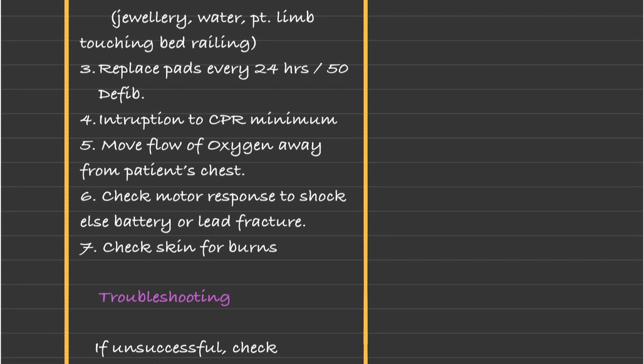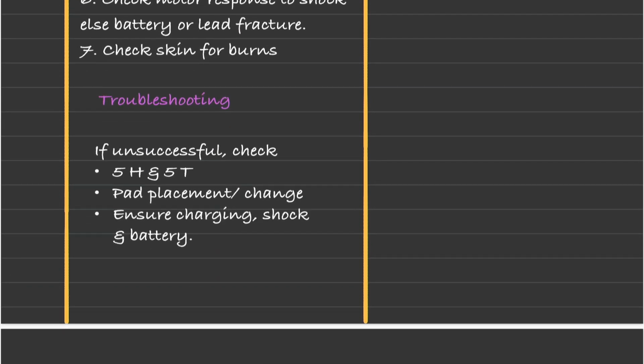We have to check for the motor response to shock. When we deliver the shock, when we press the buttons, there should be a motor response to the shock. Else we have to check for the battery or lead fracture. We have to see the skin for burns. So, after these precautions, if we are unsuccessful, we have to look for the 5H and 5Ts